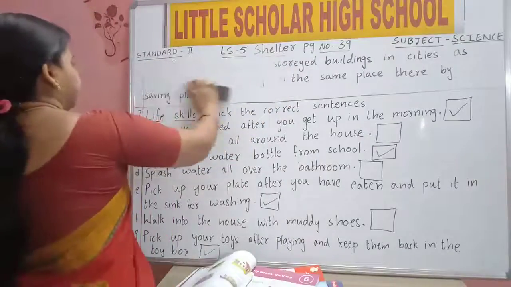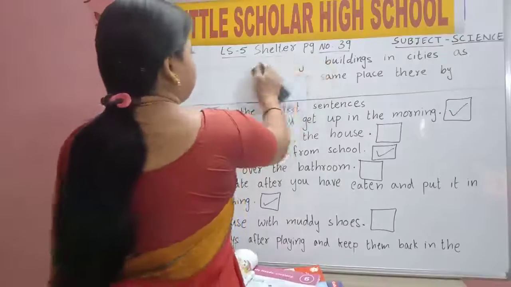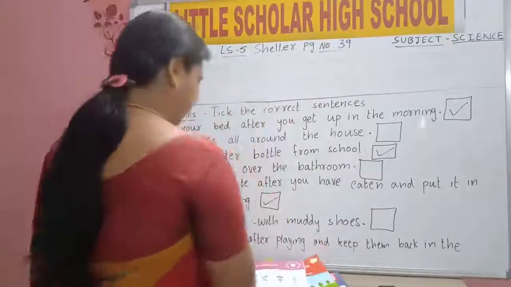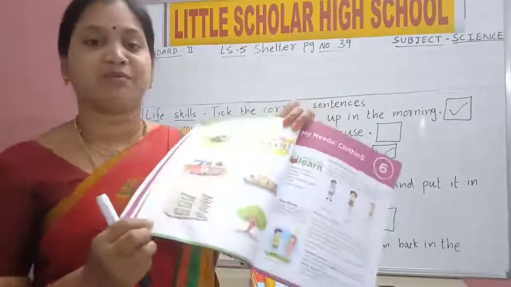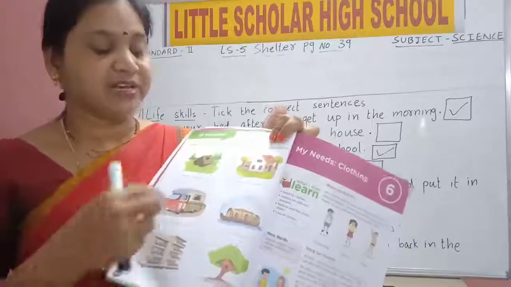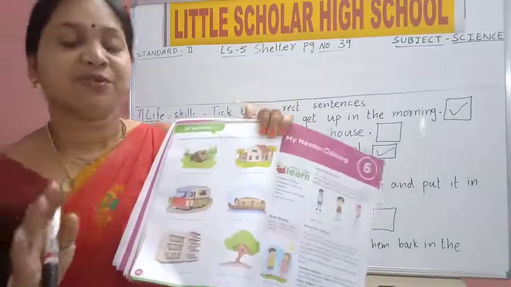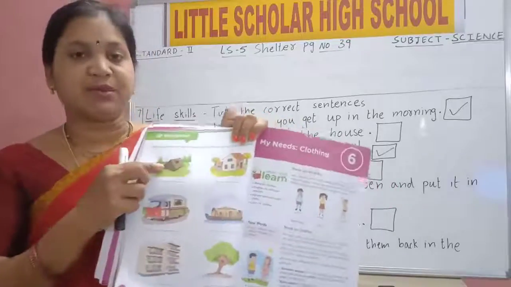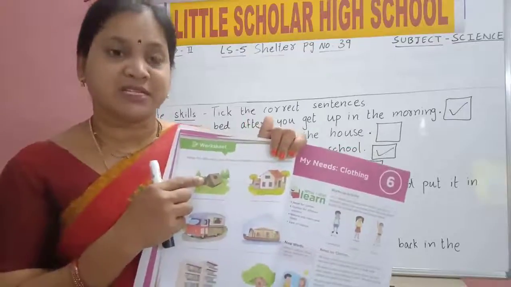We'll write that here. Worksheet. See here, children, page number 40 worksheet. Yes, different types of houses are given. A few temporary houses are given, a few permanent houses are given. We'll write the names for these. See and tell me, which house is this? Temporary or permanent? Temporary house.